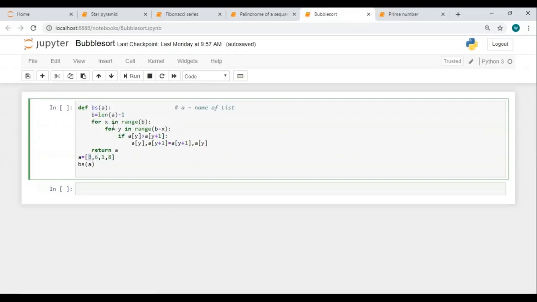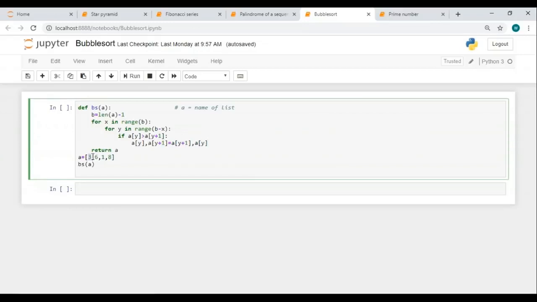So over here, I have for y in range of b minus x, where b is the length of a minus 1 and x is the first for loop iterator. If a of y is greater than a of y plus 1, which means over here, as you can see, if a of y becomes 3 and a of y plus 1 becomes 6, then swap this, which means a of y comma a of y plus 1 will become a of y plus 1 comma a of y.